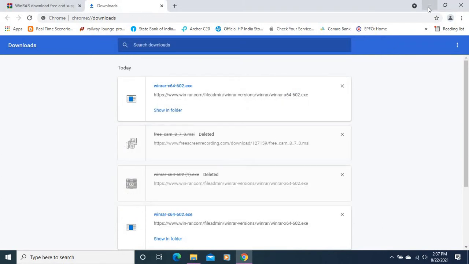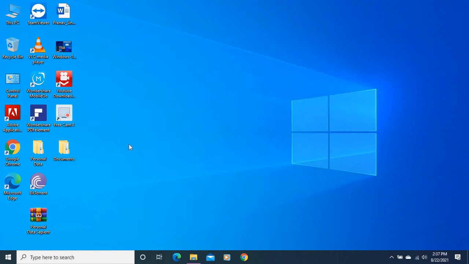So now we will see why we will use WinRAR software. I will give one scenario. Suppose you have to send 100 files to someone through email. In that normal scenario, what you will do, you will attach all the files in the attachment. It's very hectic. Even the person who gets those files has to download all 100 files separately.